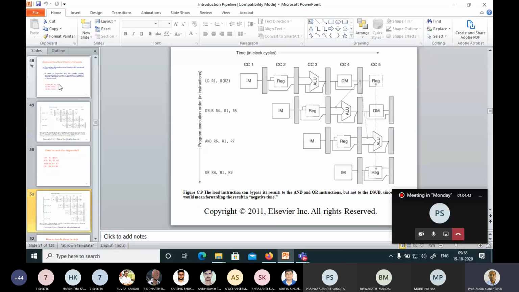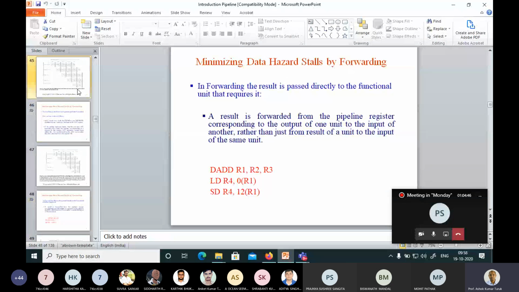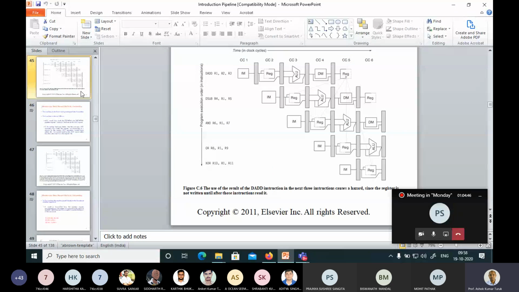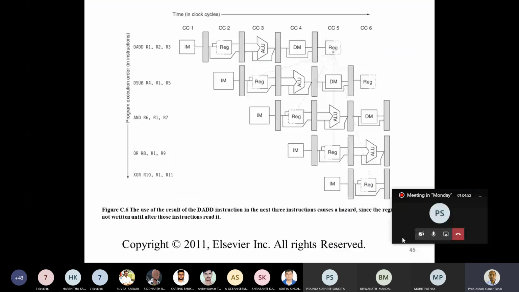Now let's look at this slide. How many instructions are there? There are 5 instructions, and subtract, AND, OR, and XOR are all depending on the add instruction. If you analyze all these, by means of data forwarding all of them can be eliminated, and this cannot be eliminated only in a certain case. That means I need to check only the previous 2 instructions because of my pipeline structure, not because of the program. It's on the pipeline structure.